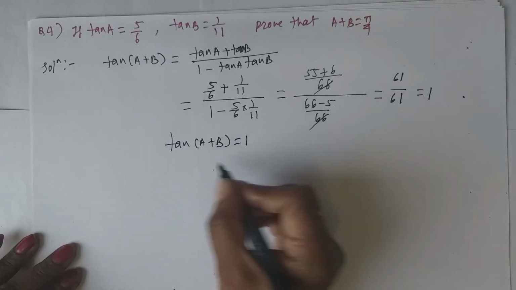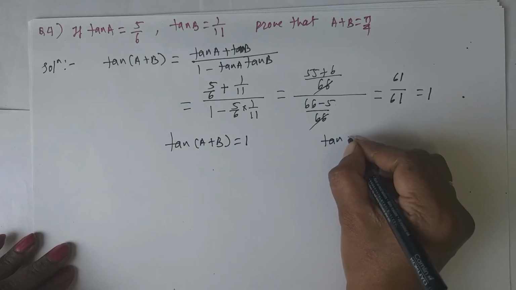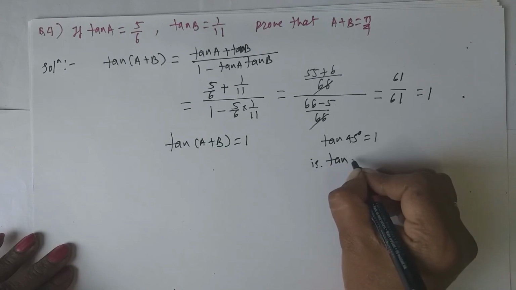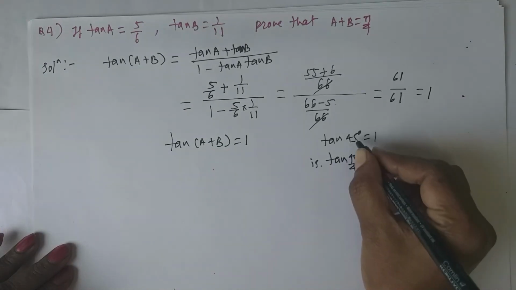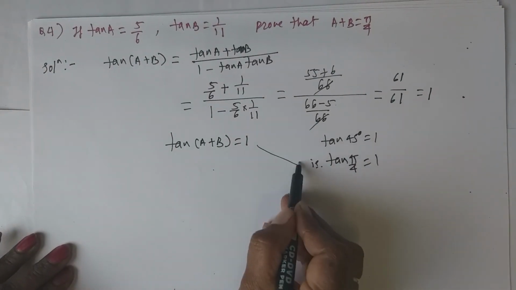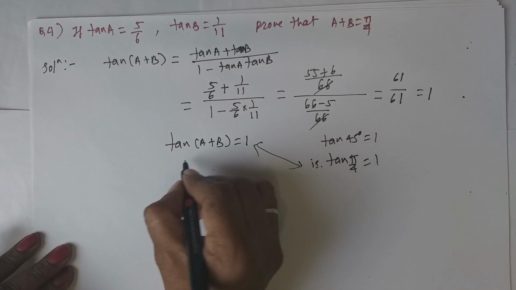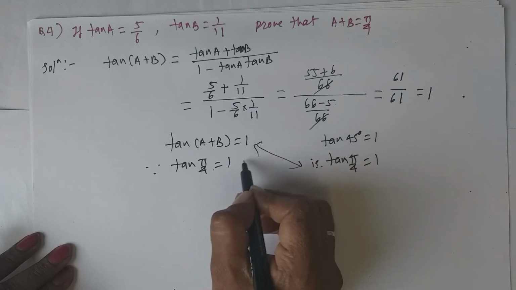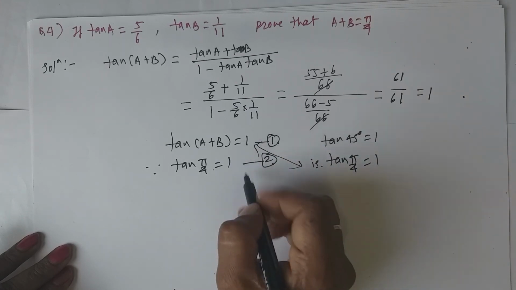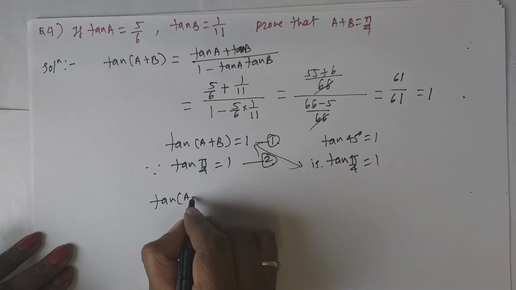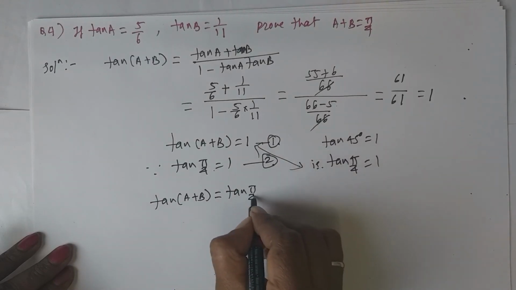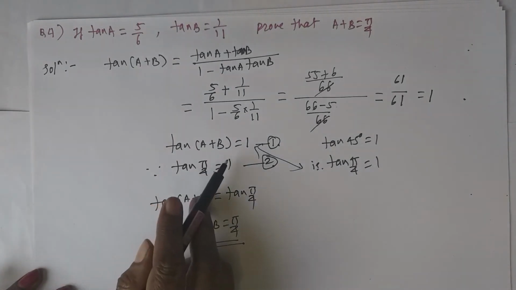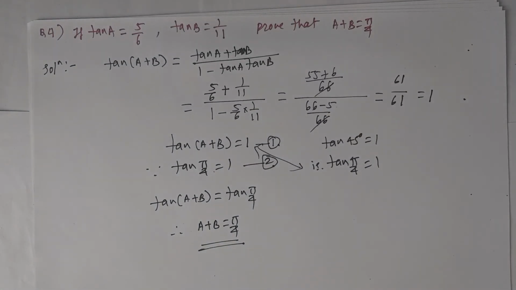Now here the value of the function tan is 1. Where is the value of the tan function 1? At 45 degrees it is 1. And what is the angle in radians? That is, tan(pi/4) is 1. The angle in radians is written as pi/4. Now compare these two. Since tan(pi/4) is 1, put this as equation 1, and comparing these two, I will get tan(A+B) is equal to tan(pi/4). Therefore, the value of A+B will be pi/4. Okay. If tan(A+B) is 1, then definitely A+B will be pi/4.